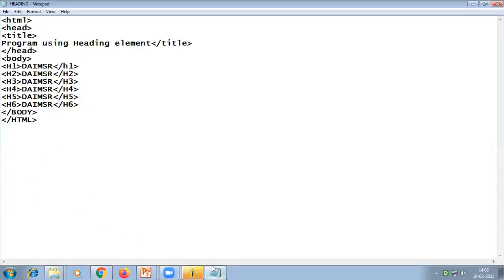Now coming again to the attribute of the heading element. What attribute can you place on the heading element? Suppose you want to change the alignment of the first heading to the right hand side. If you want to place the first content on the right hand side, we will make use of the align attribute. Whenever we write any attribute along with a tag, how do we have to write it? Let us see this. First of all, write the tag name. The tag name is H1. Then you have to mention the attribute name. The attribute name is align. Now equals to the value. So what is the syntax?